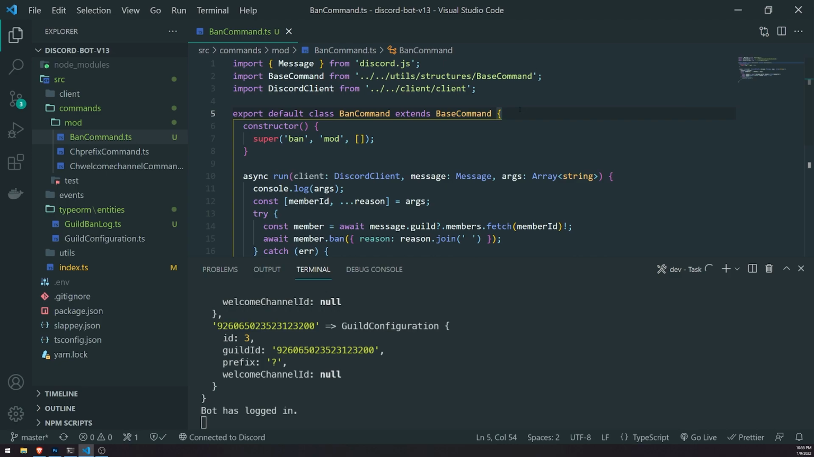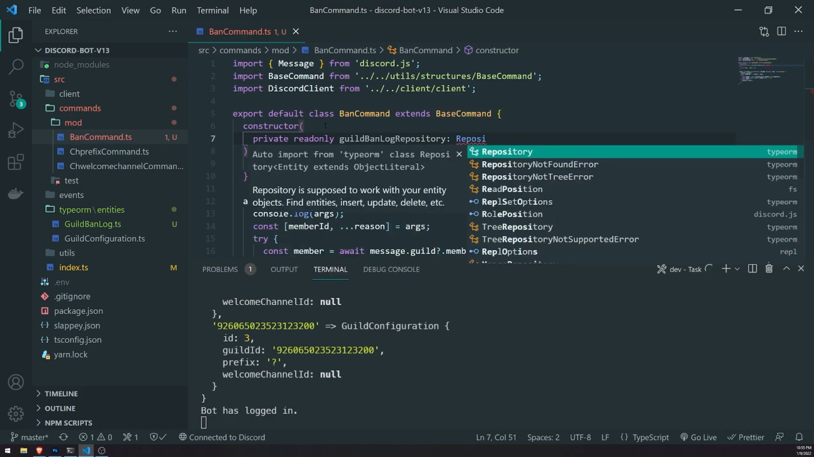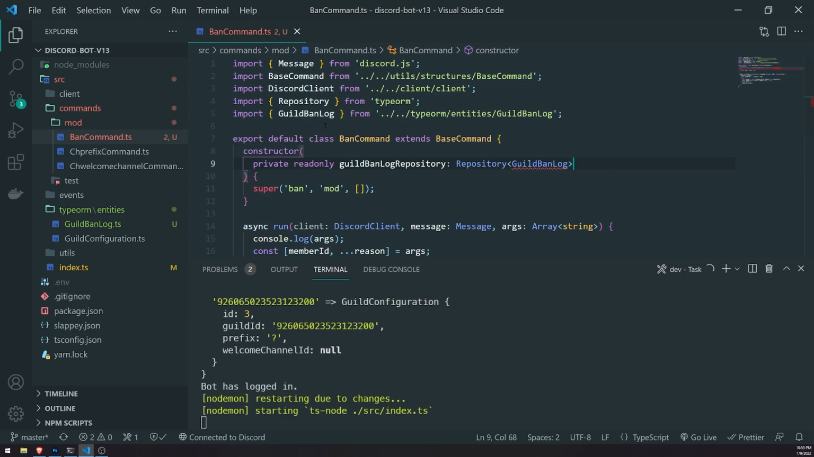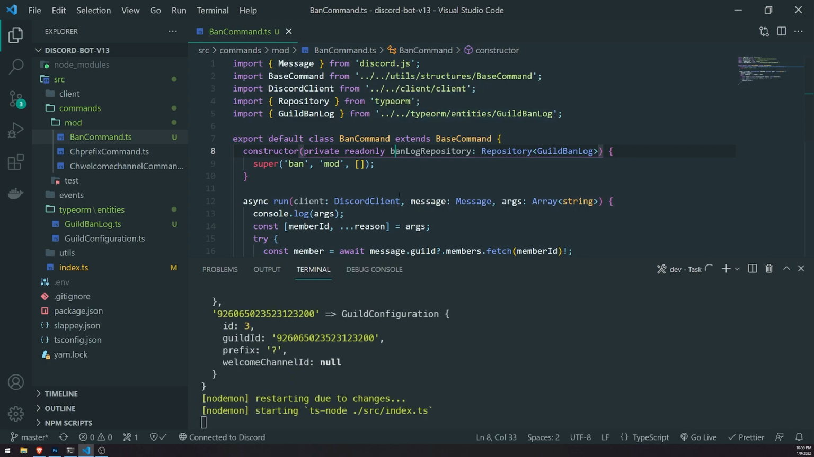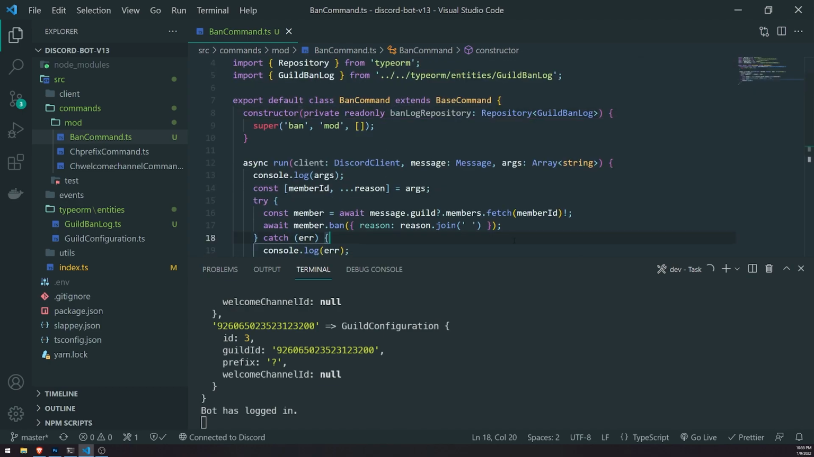Okay, so inside this constructor, I'm going to do private readonly guild ban log repository, and I'm going to type annotate this as Repository of GuildBanLog, just like that. I'm going to call this banLogRepository. I don't really like the long name. Okay, cool. So now that we have the repository inside this ban command.ts file,